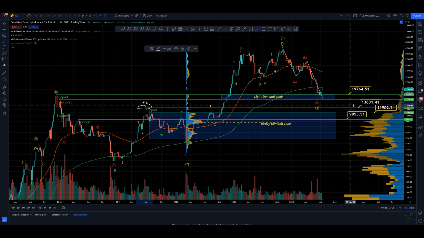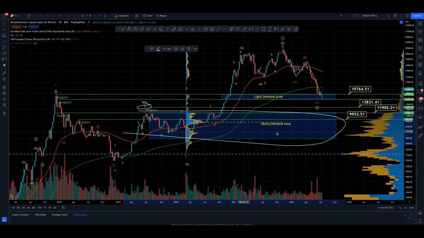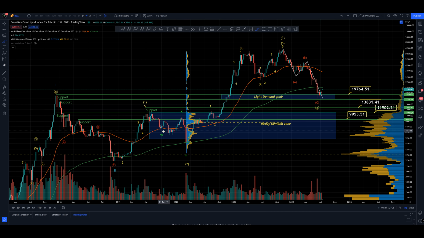Okay, and then after that we really fall into some seriously heavy trading down here, some heavy demand as I call it, where we've had a move up to a level and back and found buyers. We had a move prior to that, move up and back and found buyers, and then we've had a larger wave degree move up and move back to find buyers. So there's been buyers in this region multiple times before. Okay, a lot of trading going back and forth in here, strong demand down here we can see.